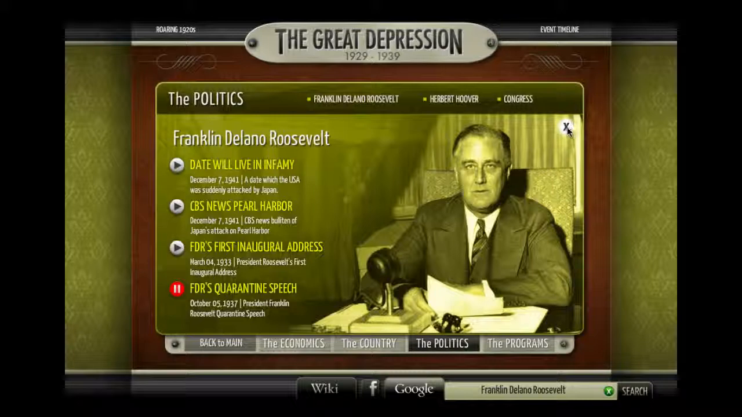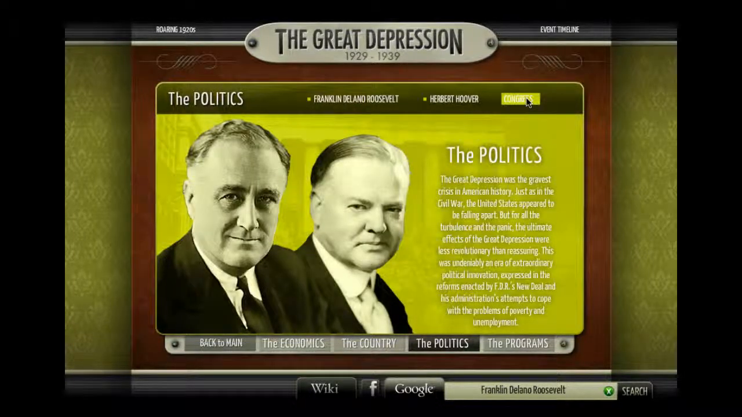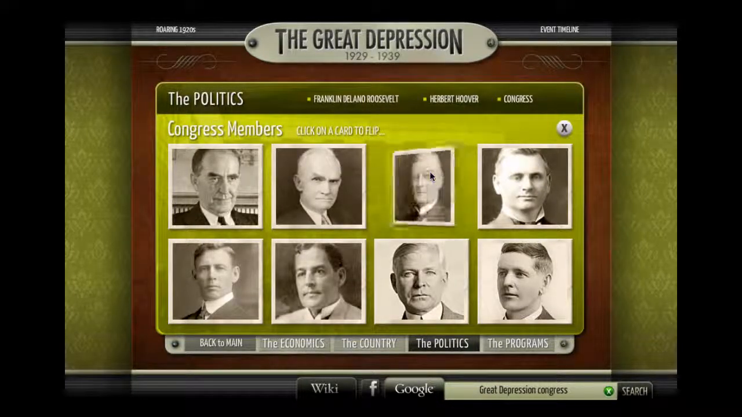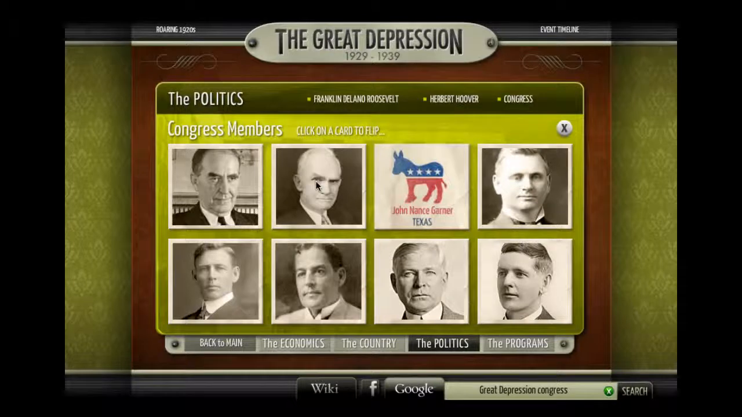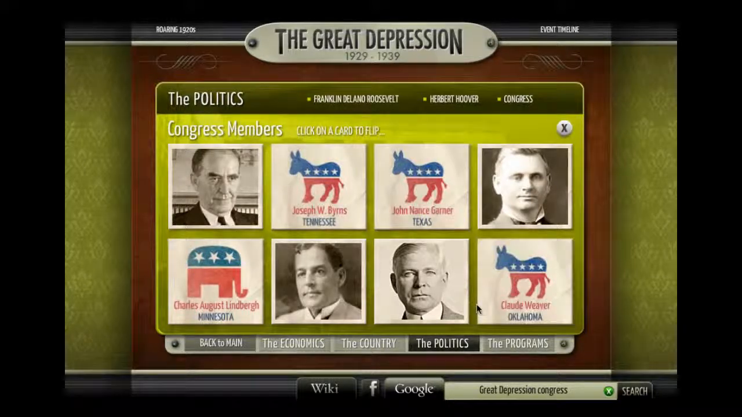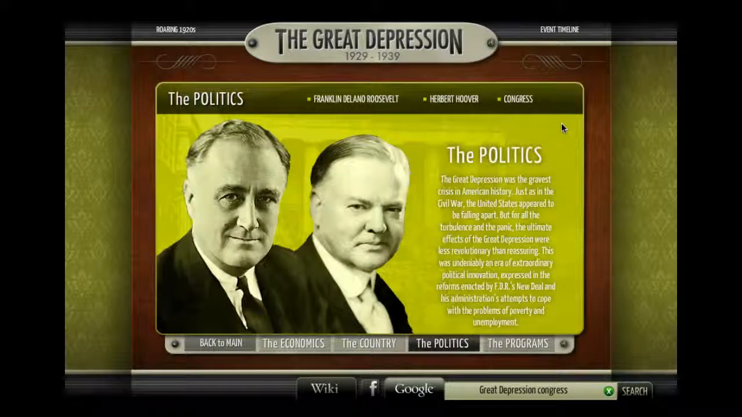Let's close this section down. Open a new one. Take a look at another subsection of the politics, and this is a little card flipping application that reveals some of the more influential senators during the Great Depression, 1929 to 1939. Let's close this subsection, go back to the main menu,